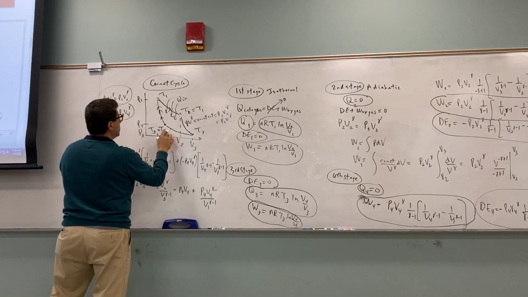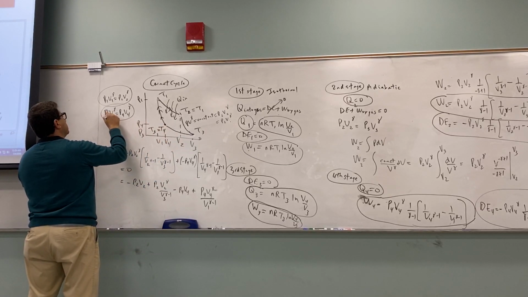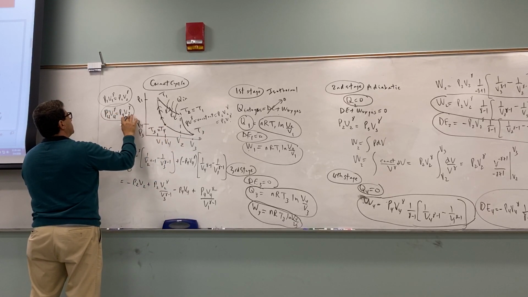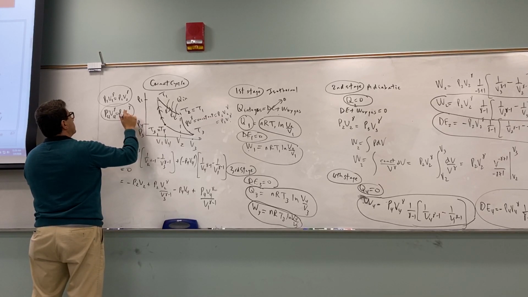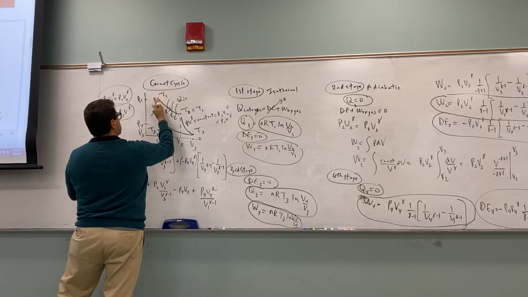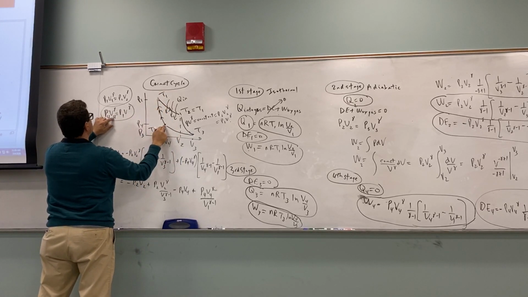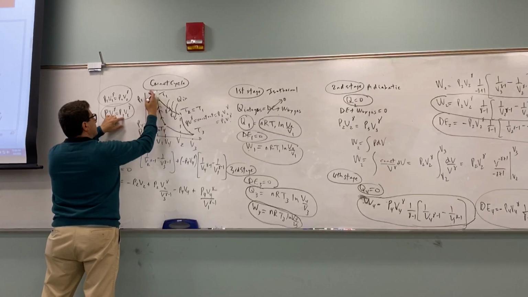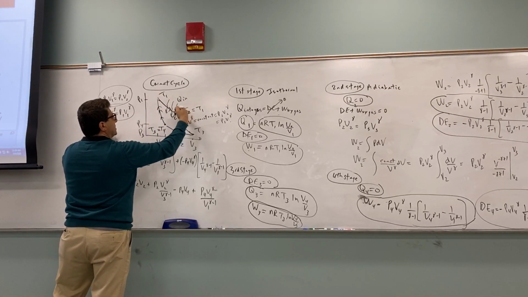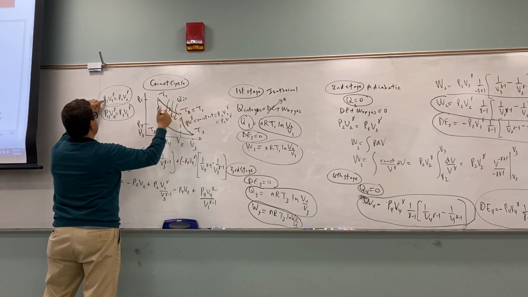Oh no, sorry. P4 V4 to the gamma is going to equal P1, hold on. No, P3. Yeah, from here to here is adiabatic. So P4 V4 to the gamma is P1 V1 to the gamma. Then from here to here is isothermal, so we have,